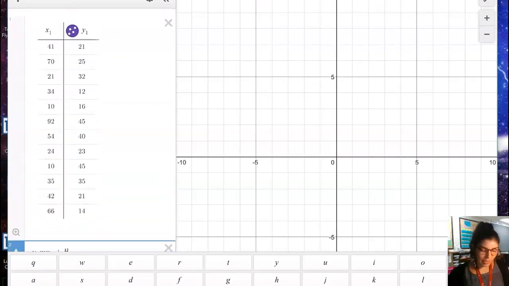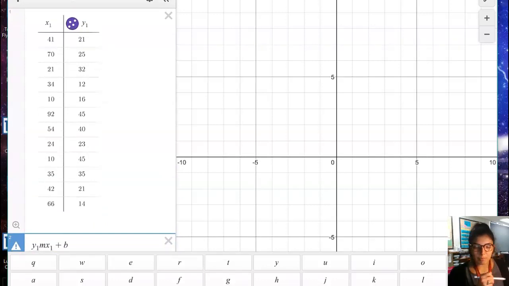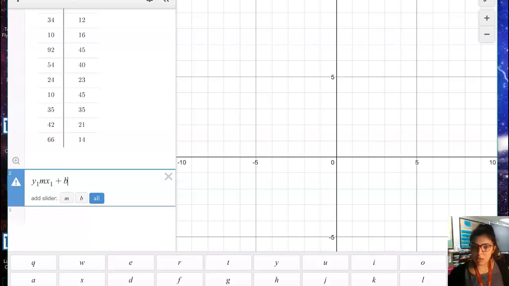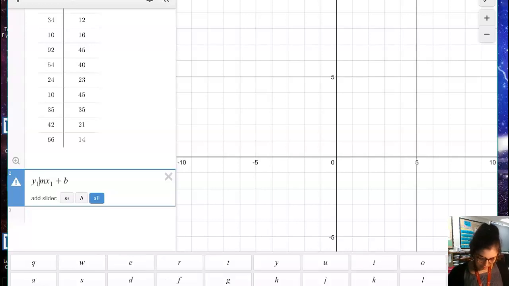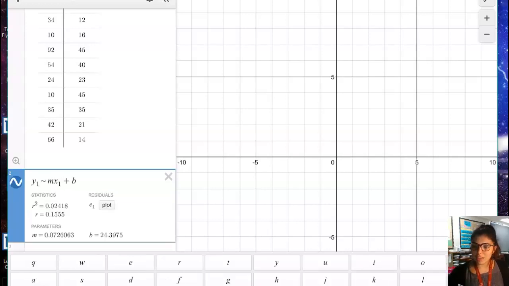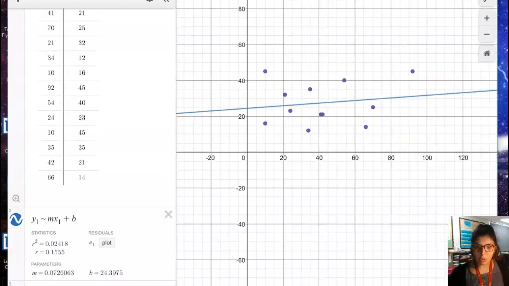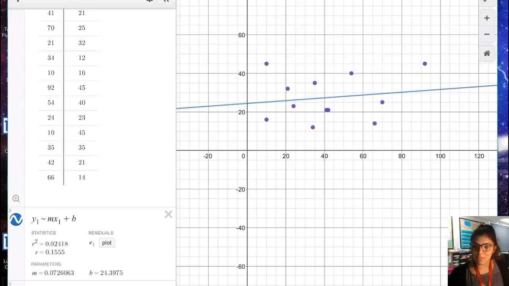I've gone ahead and put in that entire table from the slide before, typed it in, all of the x's, all of the y's, and then I fill in the equation y equals mx plus b. But instead of an equal sign after the y1, m, x1, and b, I need to put a tilde, which is like the wavy equivalent to an equal sign. When I do that, Desmos automatically finds the association between this data. If I zoom out, it's got the coordinate points here and the line of best fit between these triangles. Now, I also know that this R value down here says R